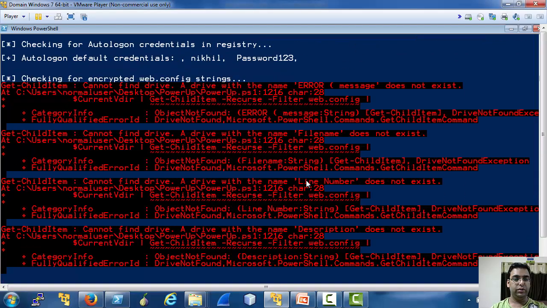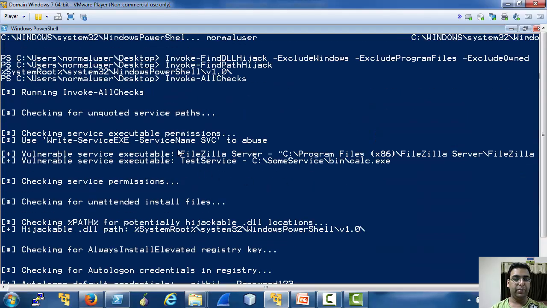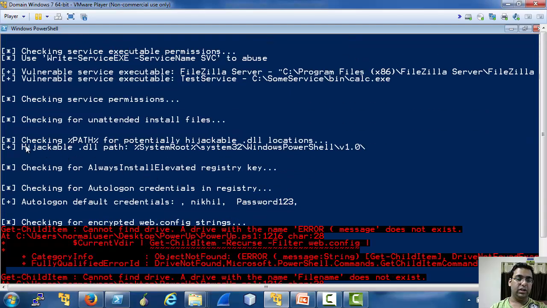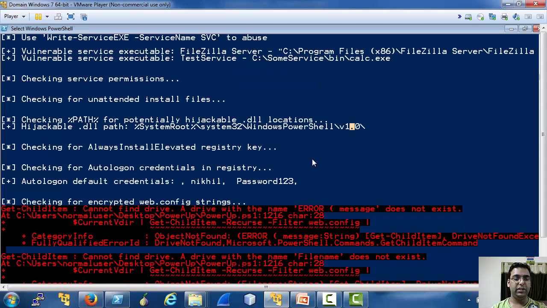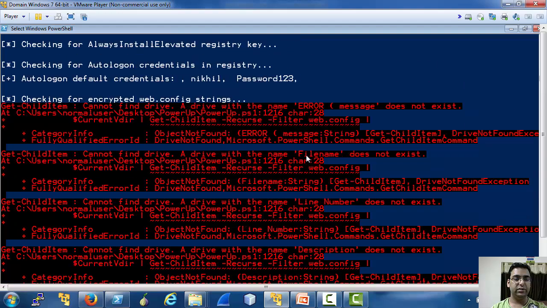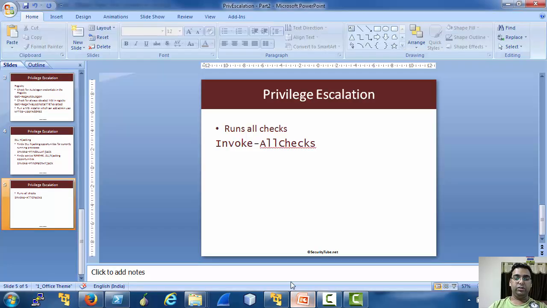So as you can see, we were able to enumerate that there are a couple of vulnerable services, a false positive about a hijackable DLL on Windows PowerShell, auto logon default credentials, there was no web config found, etc. So this way we can